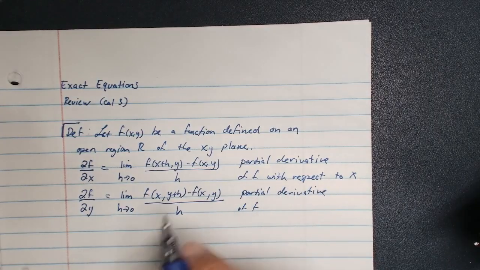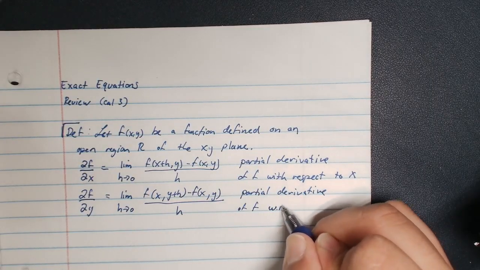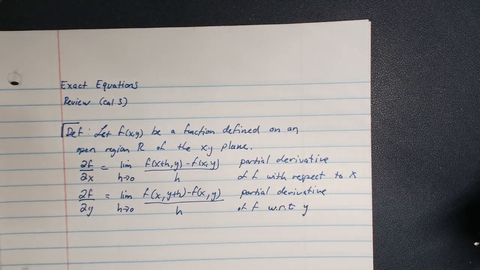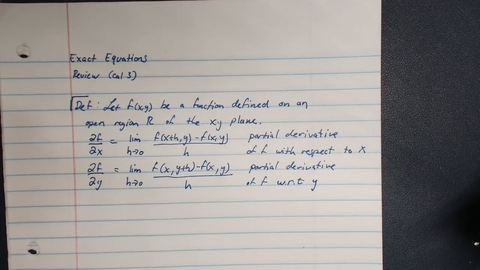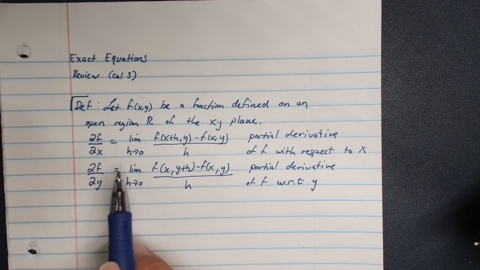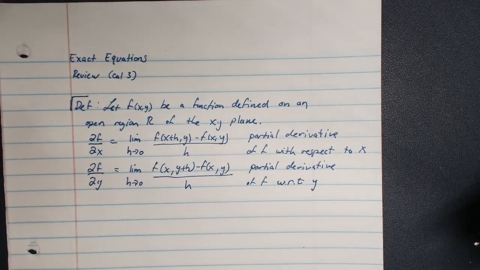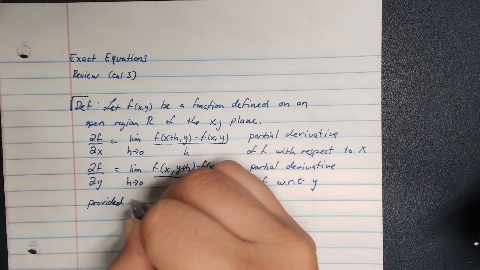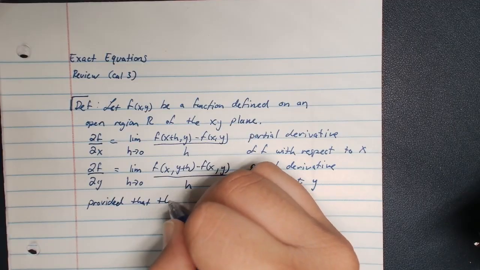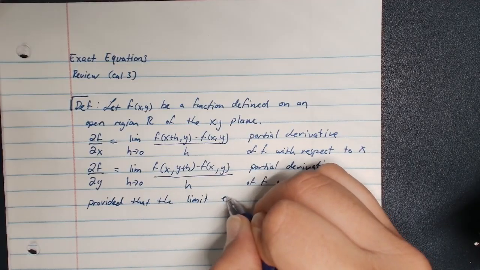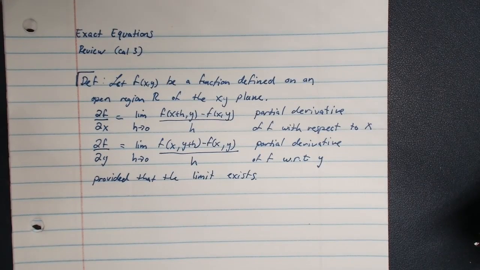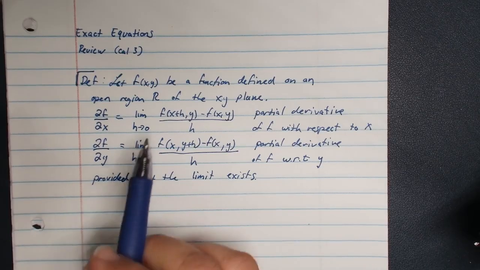The phrase with respect to, if you're not familiar with the abbreviation, is often abbreviated as WRT, because frankly, that's not something we want to write out every single time. With respect to y. This, of course, is provided that the limit exists, because just like you see in a Cal 1 and a Cal 2 course, sometimes limits just don't exist for a particular setup. So here, provided the limit exists. Now, as far as computing a partial derivative, of course, one thing you can do is go by the limit